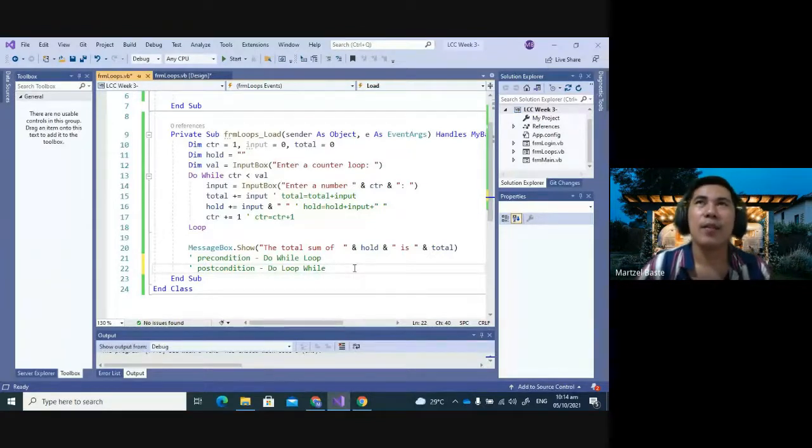So similarly, in restaurants or places to eat, the precondition, or the Do While loop, is similar to a fast food chain. You can't eat unless you've ordered, and you have to pay first. Okay? The post condition is like a normal karinderya, where you eat first before you pay. But there are other karinderyas where you pay first before eating. But most likely,